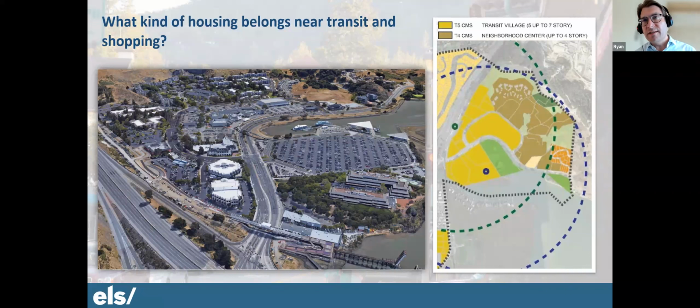So to give the maximum options for housing production, the T5 zoning allows a developer to pursue up to 7 stories in this area, but it has 5 as of right without the density bonus.